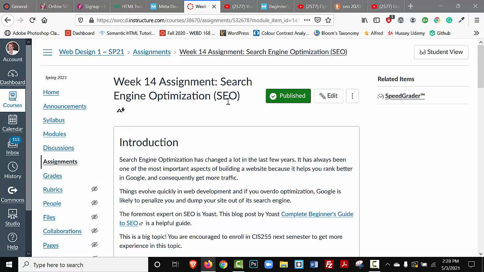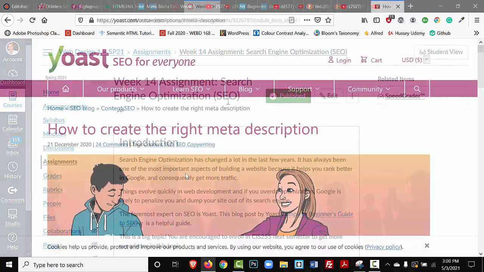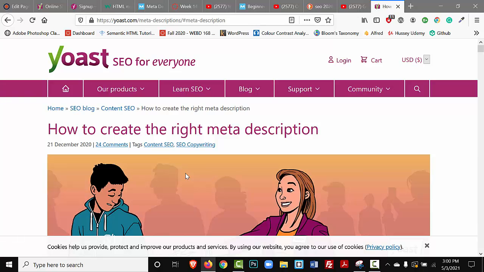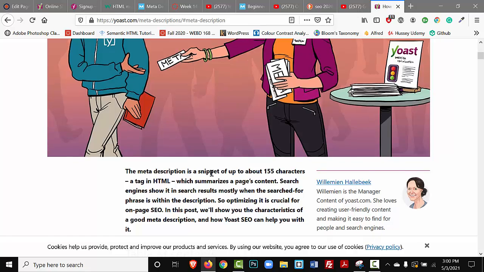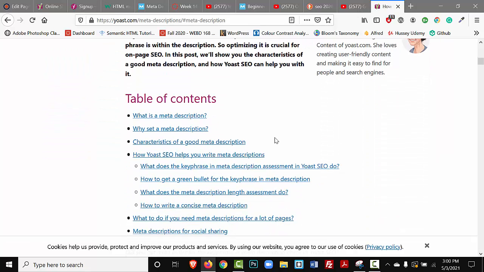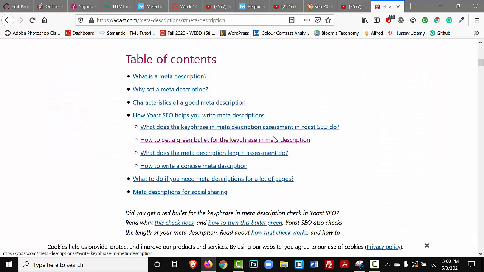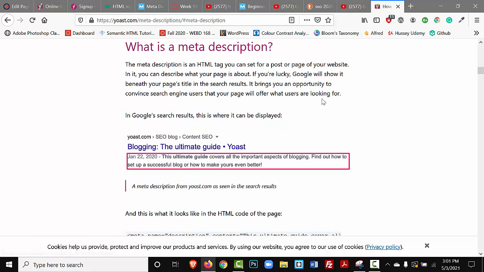You might ask, what is a meta tag description? I'm going to go back to yoast.com/meta-descriptions, and I'm going to peruse all of the valuable information that is on this blog post. You have a table of contents with an unordered list of hyperlinks to topics on this page. You can review each of these topics, but I'm going to click on the one that is what is a meta description. It jumps me to this section of the page, and it explains that a meta description is an